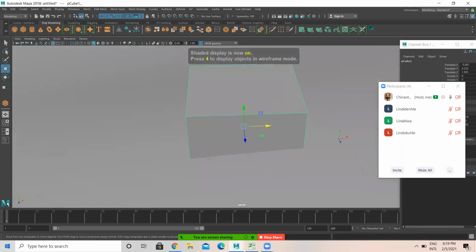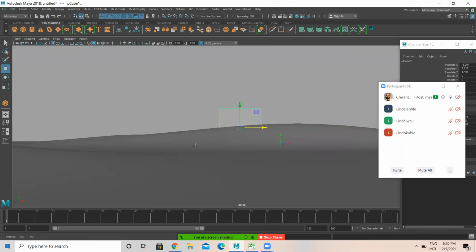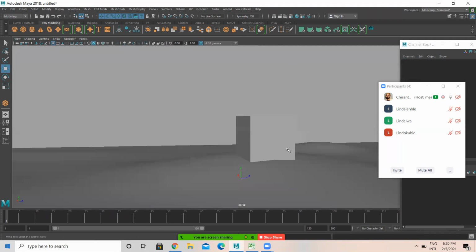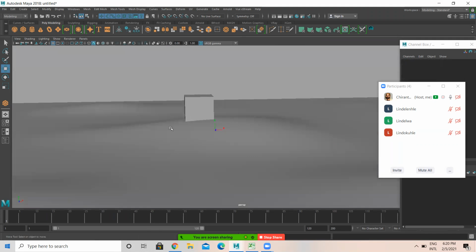Okay. So let's create a simple cube and place it over here like this. Just one cube.